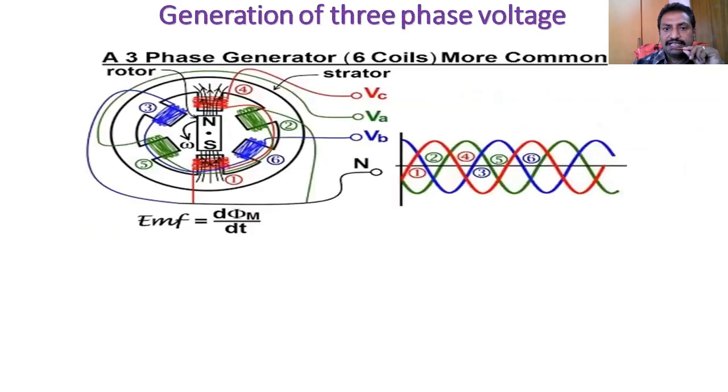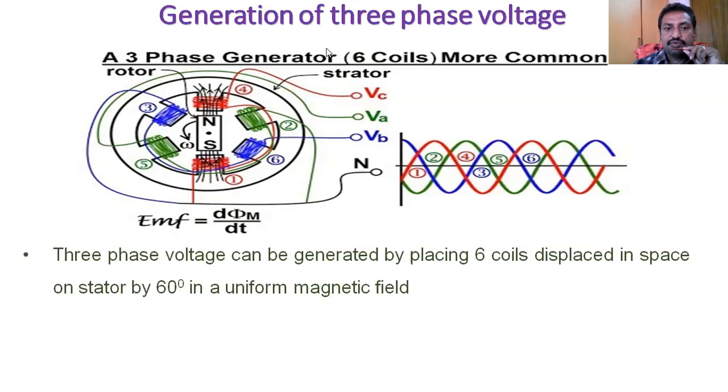Next, how are we getting voltages in three-phase? Nothing but the generation of three-phase voltage. Listen carefully. An induced EMF is produced as per the principle of Faraday's law. To satisfy Faraday's law, three important parameters are required: conductor, magnetic flux, and a relative motion. If a rotating conductor cuts the magnetic flux, an EMF will be produced in that conductor, in a single coil.